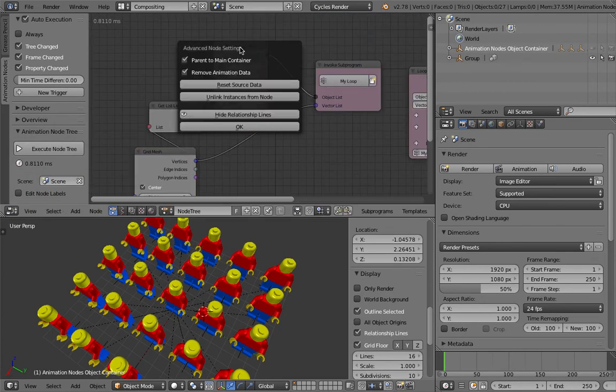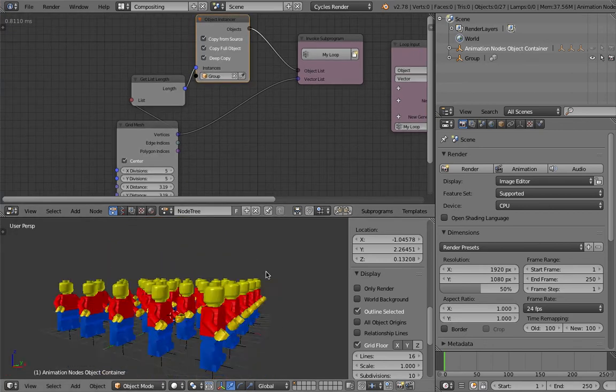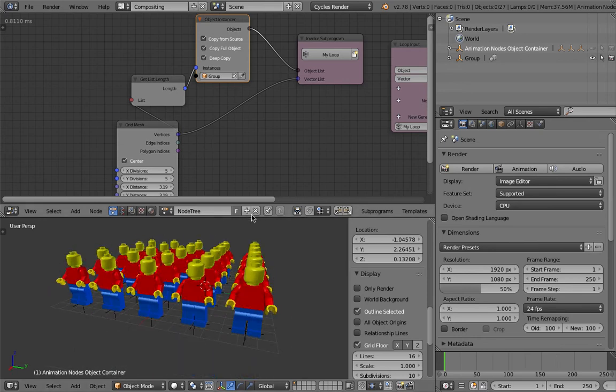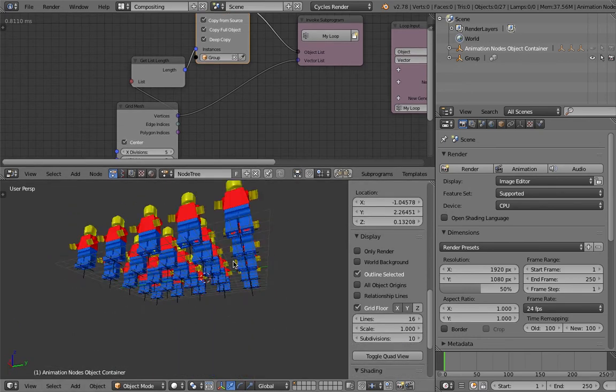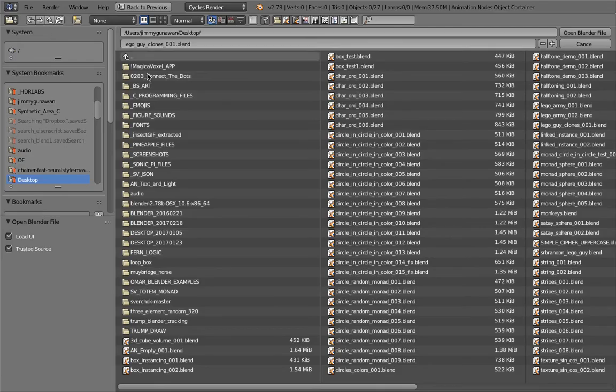Just tap U and hide relationship lines. Now we are good. So that's 25 Lego characters. They are actually just instance objects, so they are really fast. If you go back to the original file, if I open the blend files,